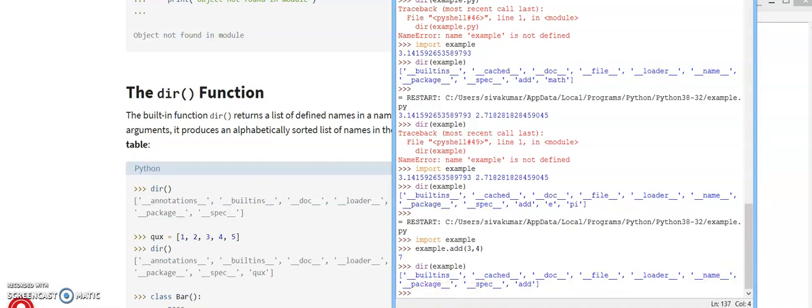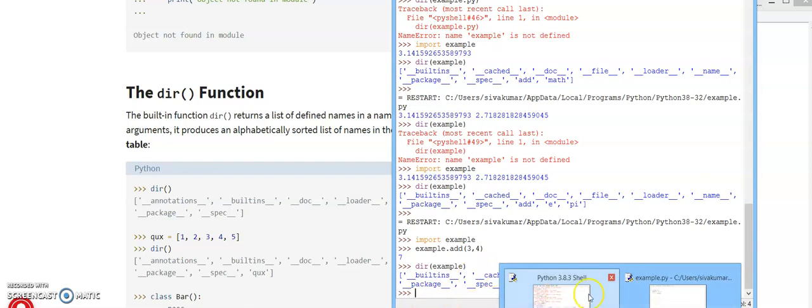Now I am changing my program. I am importing the math module. When I use the import command, I have to qualify the names. I can use all the functions present in the math module, but I can call them only with the help of the module name.